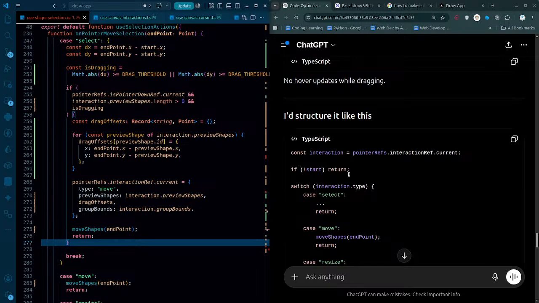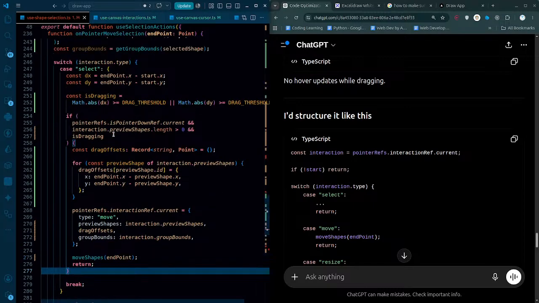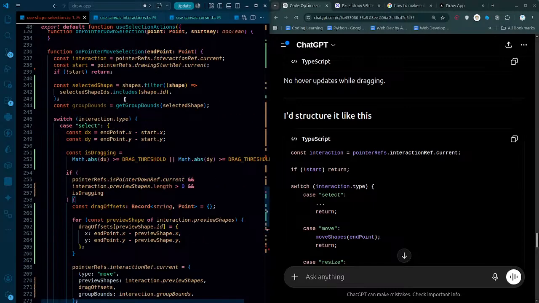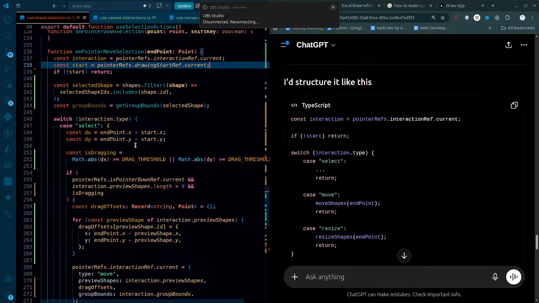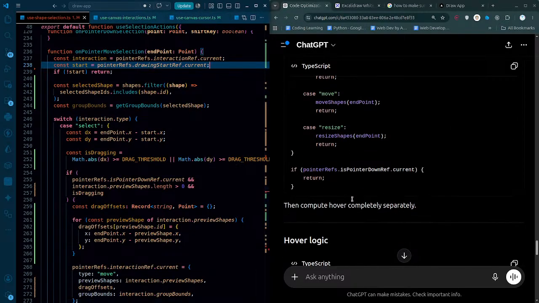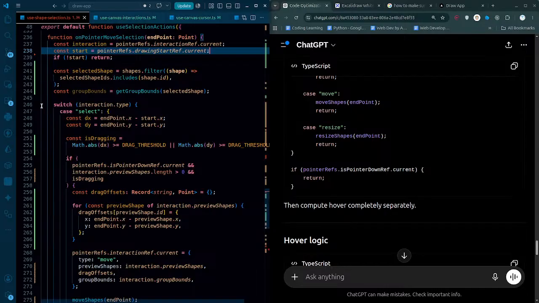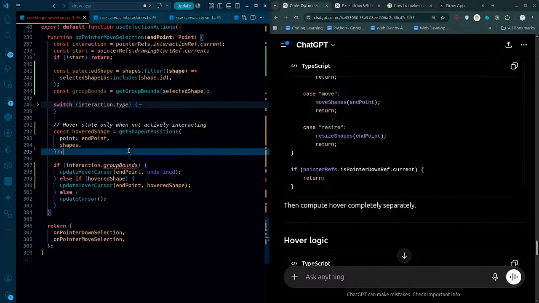I will structure it like this. So I'm going to have interaction at the top. That is what I have here. After that, start. If I don't have a start, I'm going to be returning from here, and that start actually comes from where? Just to select the logic, move the logic, resize the logic, and once all this is done,